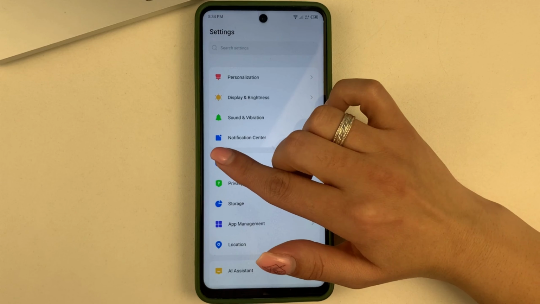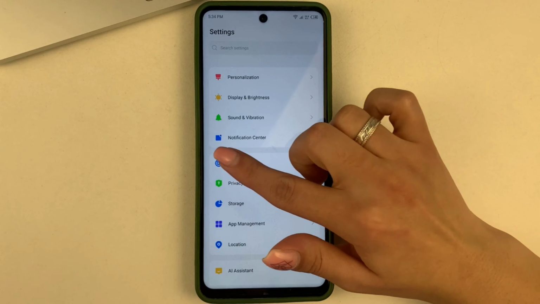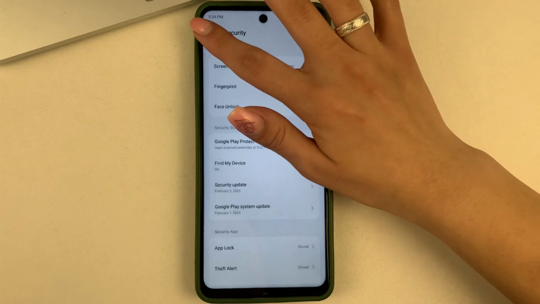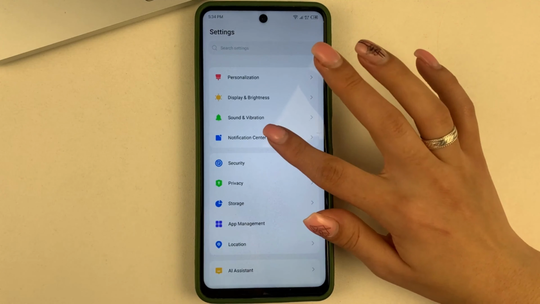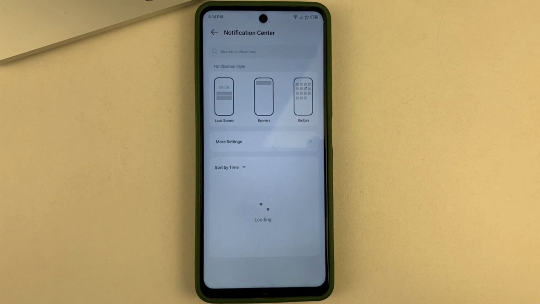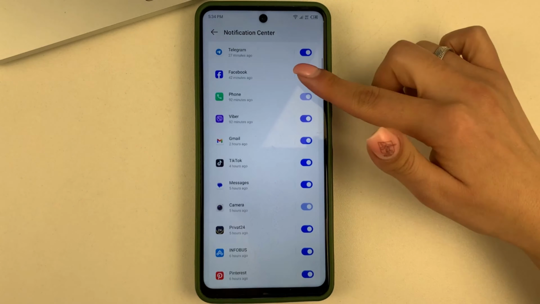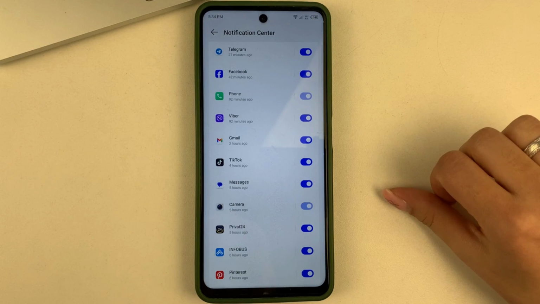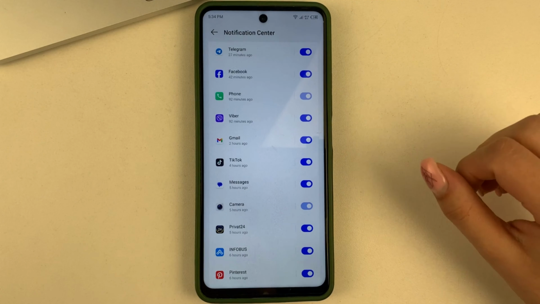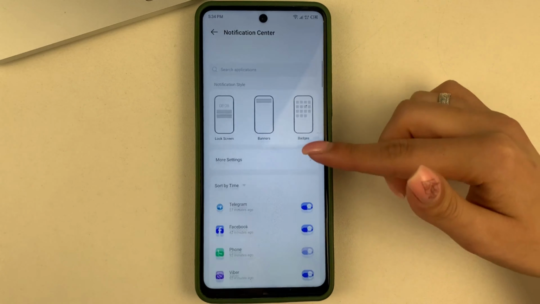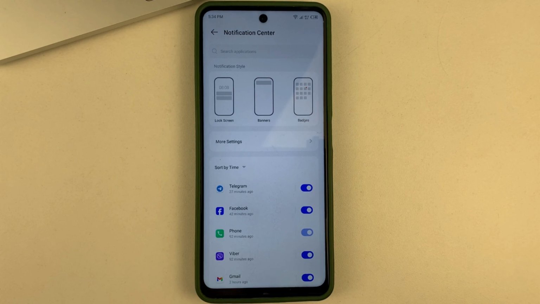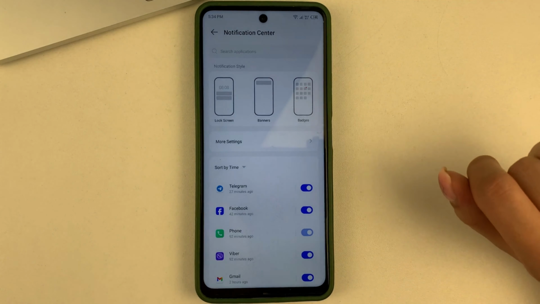And here you'll need to find either notifications or, like I have, the notification center. We go in. And here we see that we have displayed, for example, the applications from which we receive a notification on the lock screen, also on the work screen, and so on. But we are interested in the lock screen.